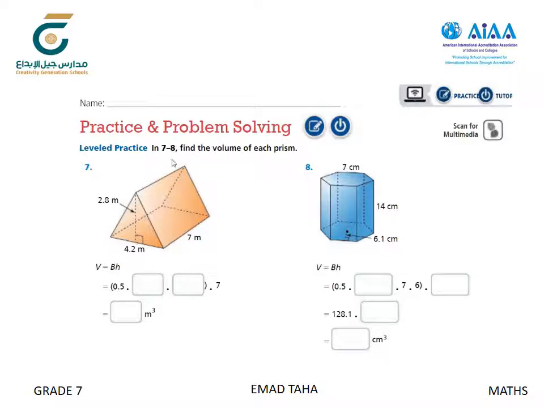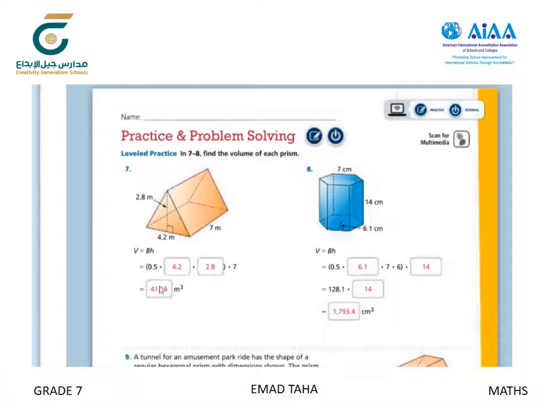Okay, we can use the calculator to find the answer. Here the answer will be 41.16 meter cube. Don't forget the volume, we write cube unit. Okay, the second one,